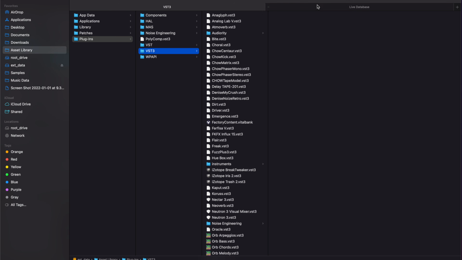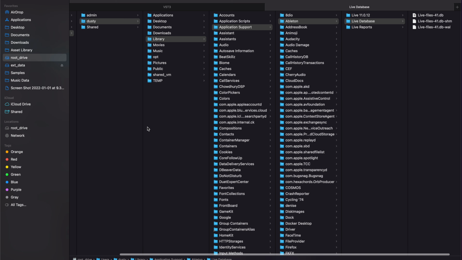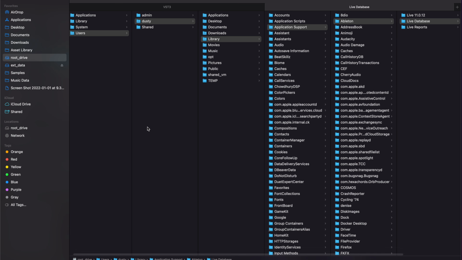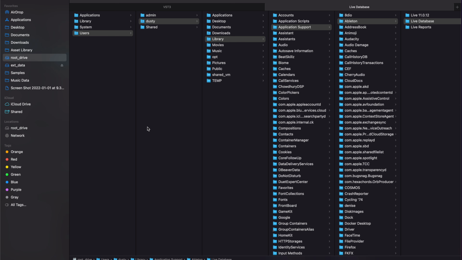So that's not how I changed it, but I'm going to show you in a second how I did change it, right? So the Ableton Live database is going to be stored in a different place if you're on Windows. Sorry, I don't have a Windows machine set up right now to take a quick look at this. So I'll rely on you to do some work to figure out where they store this. But at least on Mac OS, this is going to be underneath my library folder associated with my user